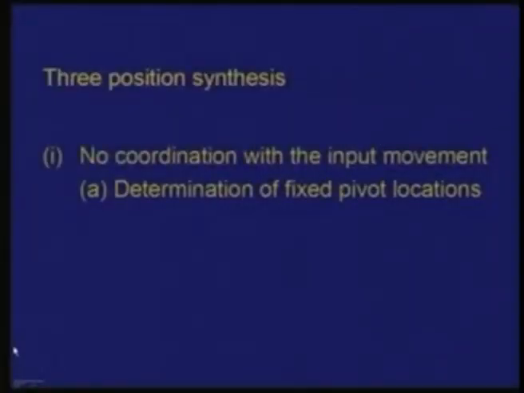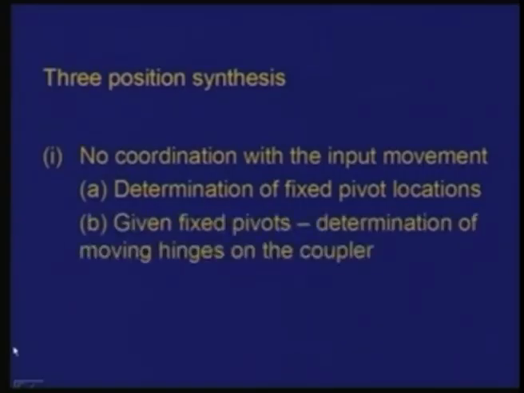That means we shall choose the moving hinges A and B on the coupler AB, and we have to determine what must be the locations of the fixed pivots, say O2 and O4, so that the coupler passes through three prescribed configurations. Next, we shall discuss that given the fixed pivots, how to determine the location of the moving hinges